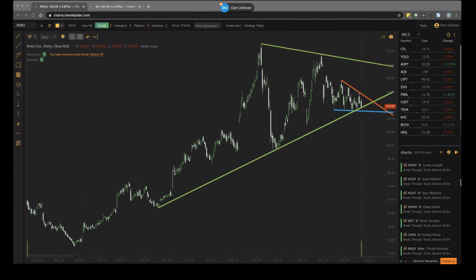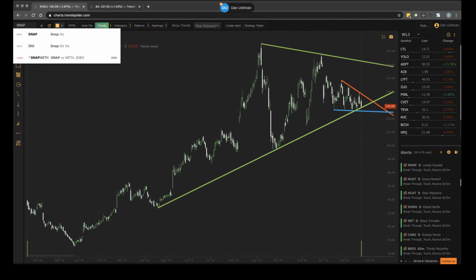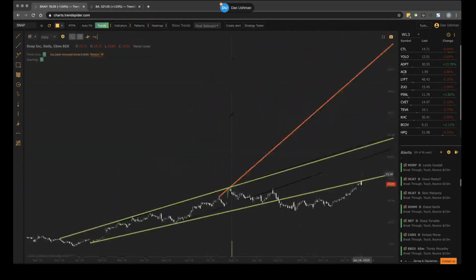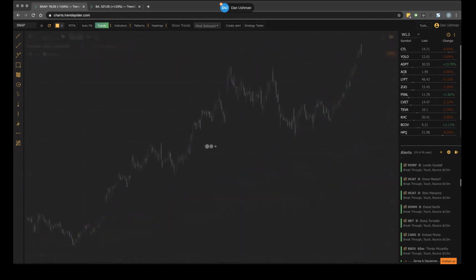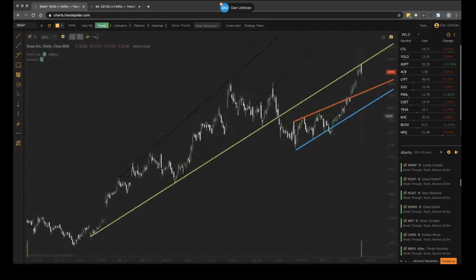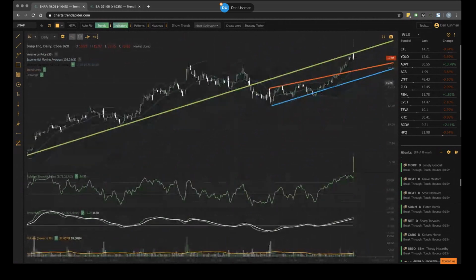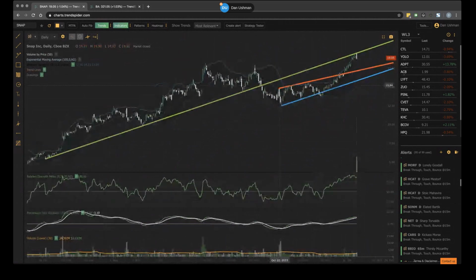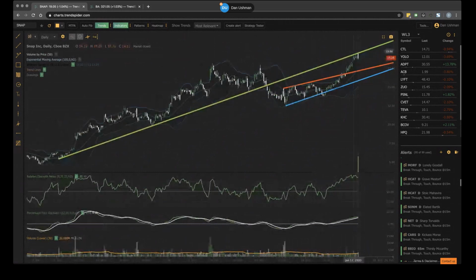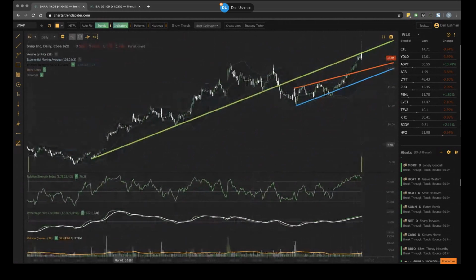Let's see, Snap. Let's take a look at Snap here. And then in the interest of time, after Snap, I'm going to pop in and show you guys the scanners. It's been a while since I've looked at Snap, right? But this is Snap. I don't follow this stock at all, so all these trend lines, everything you see here is automated. You can see the system picked up this consolidation here and a breakout from it, and it picked out this level here,